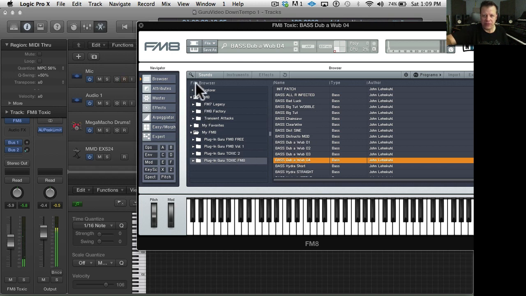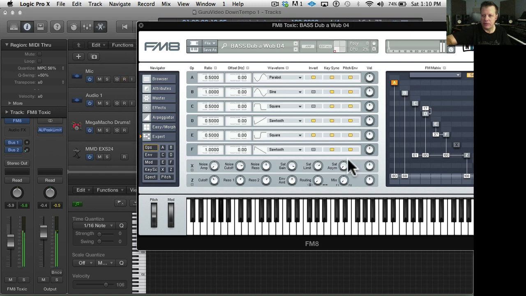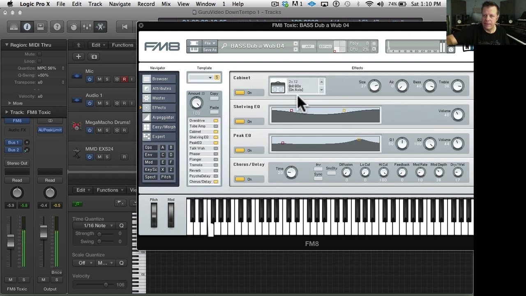I like this, but it needs more sub, right? So let's take a look at this patch. I think I can get a lot of sub back by the EQ. Let's get rid of some of the mid-range.